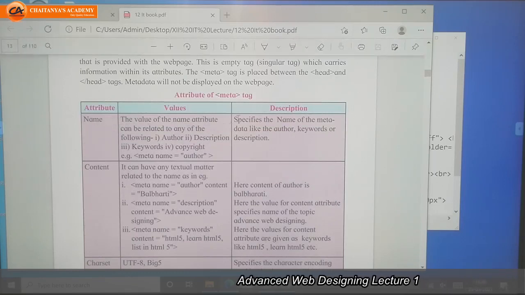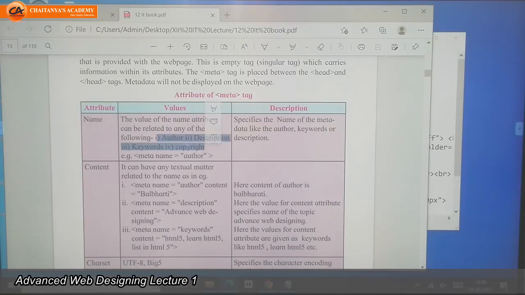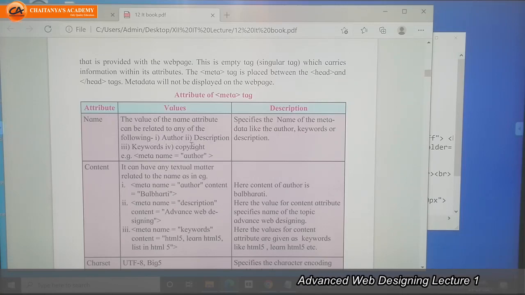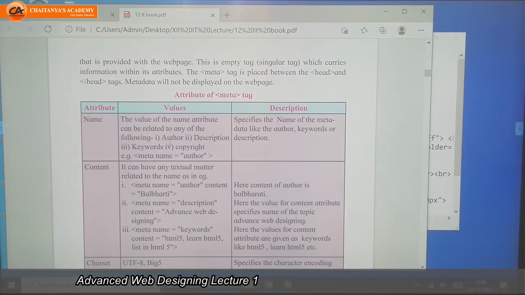So name, content, charset, and HTTP equivalent. When you write name, you can write 4 values: author, description, keywords, or copyright.